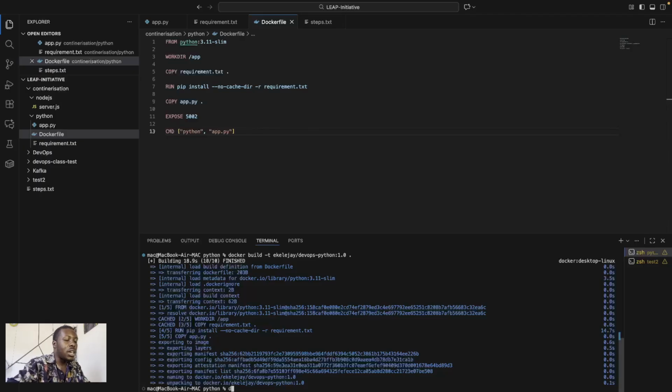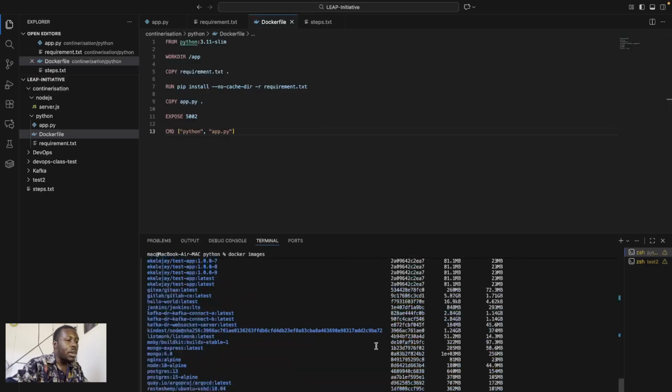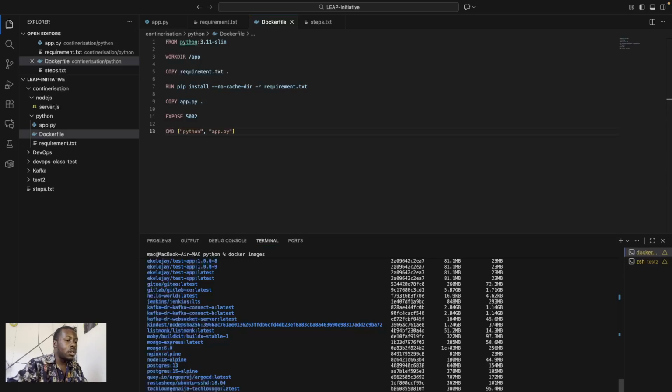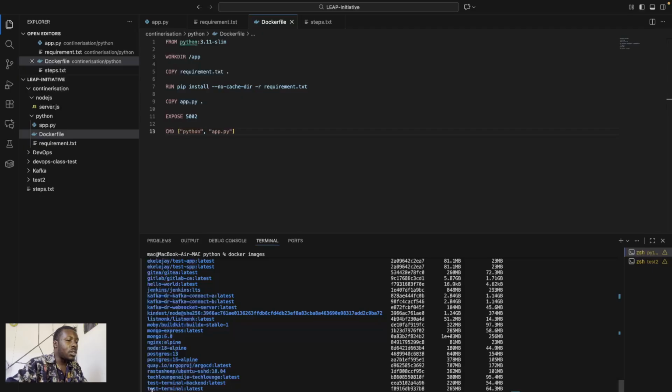So how do we check? We can do docker images, and we can see all the images that I have, but I will run a command that helps me filter out, docker images | grep python. So this is it. This is the image.